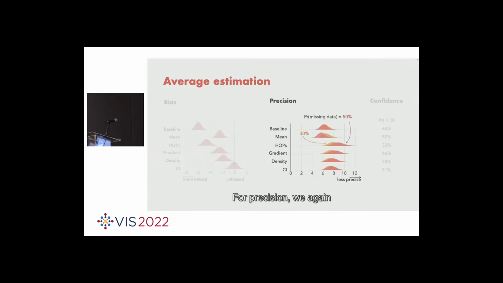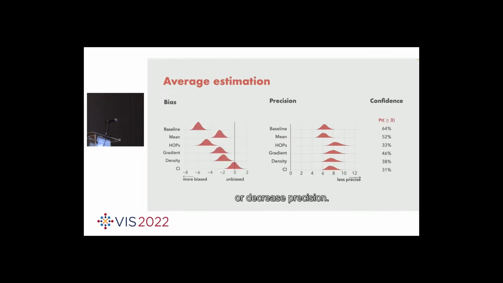For precision, we again look at the two levels of proportion collectively. Here we see that uncertainty conditions reduce precision when compared to the baseline, while the mean condition appears to likely neither increase nor decrease precision. This suggests that there is a trade-off involved. If we care about precision, we should perhaps not present uncertainty and show only mean imputations, which will produce less biased estimates of average without decreasing precision. On the other hand, if we care about bias, it might be useful to show confidence intervals at the cost